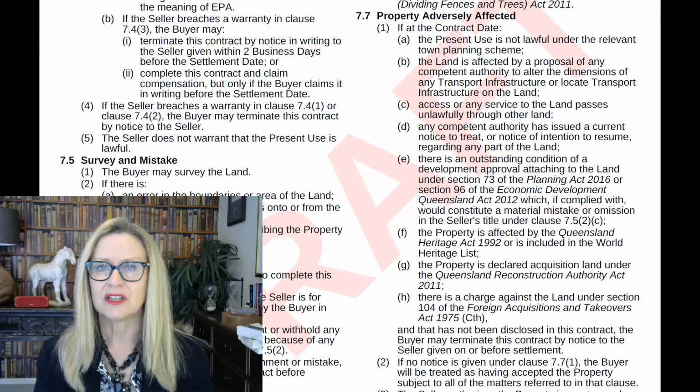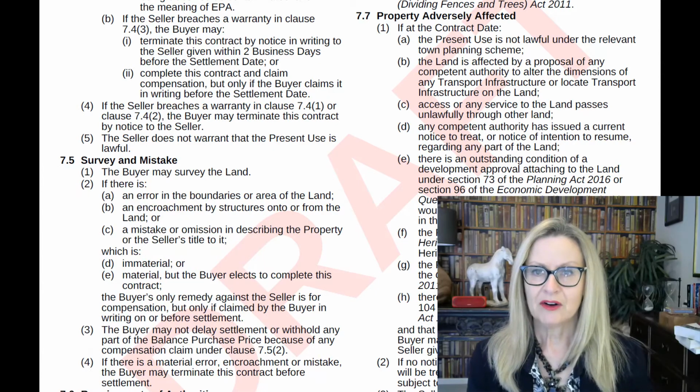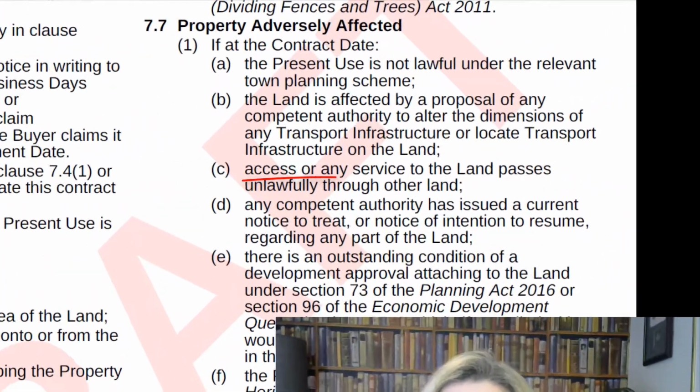Often it's not clear cut when exactly land has been affected by these things, and you'll need to fossick around and see what stage of approval the proposal is at to see whether your buyer can effectively exit the contract for breach of 7.7(1)(b). The next subpara, C, deals with access